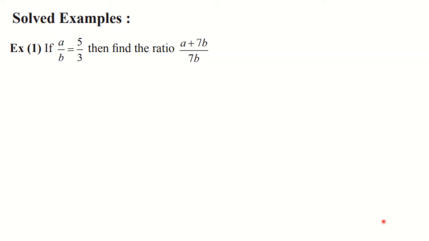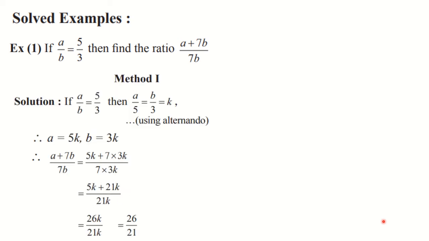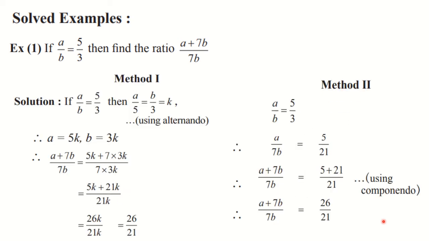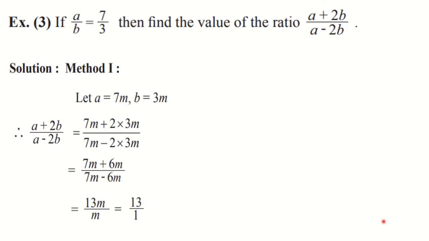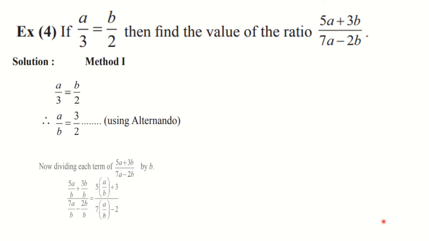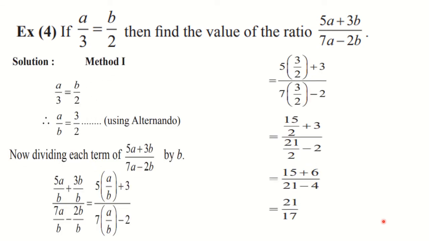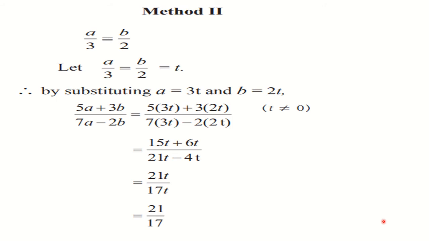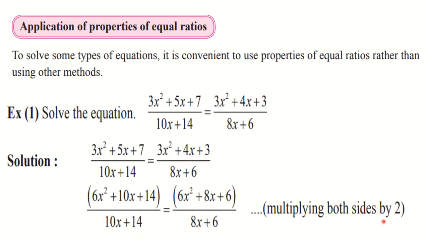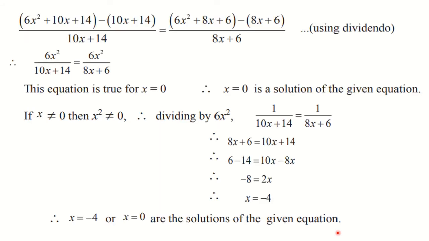After that, we have seen the solved examples from the textbook. There I taught you two methods to find the ratios. You also go through all the solved examples from the textbook as we have discussed them in our regular lectures, because the solved examples also can be asked for the evaluation. Okay, so all of you please go through all the solved examples. Here also the next topic is application of properties of equal ratios, and there are also solved examples given. So you go through all these solved examples from the textbook.